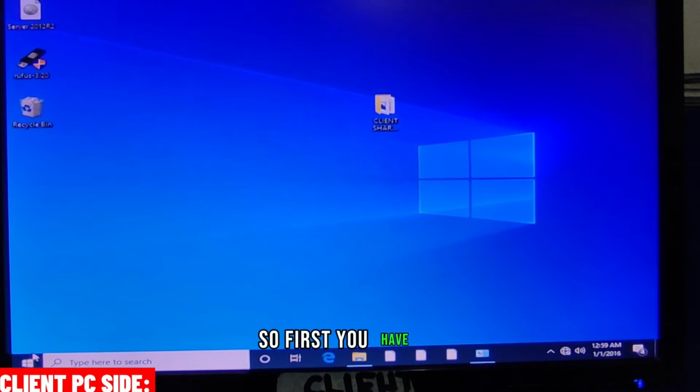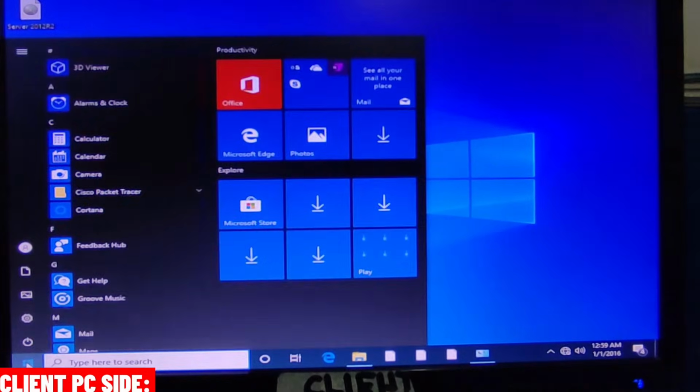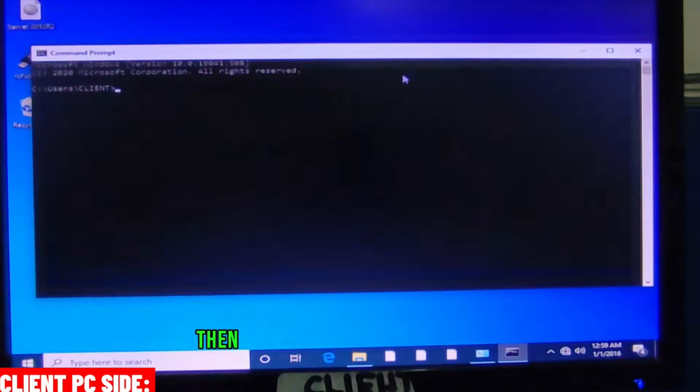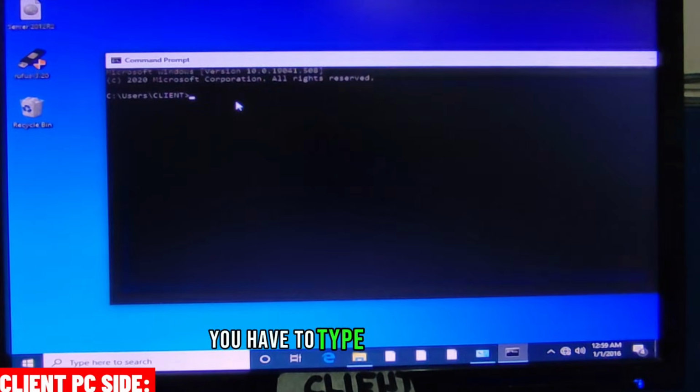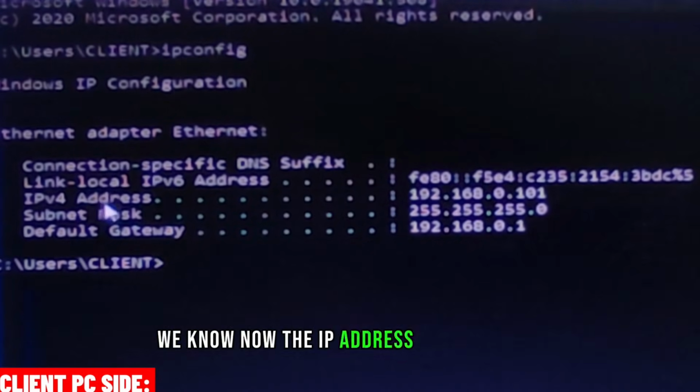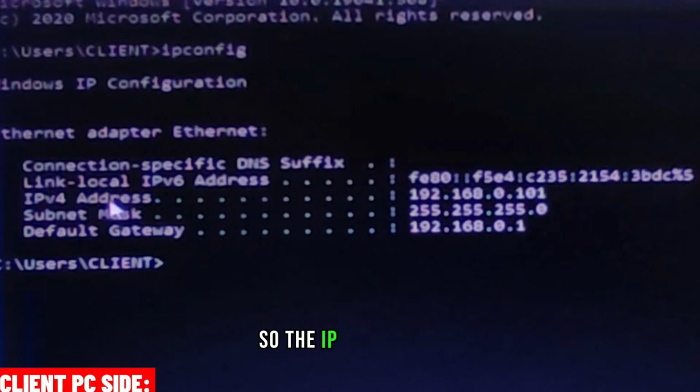So first, you have to find the CMD or the command prompt. Then here in the command prompt, you have to type this command, ipconfig. So yan. Remember that one, then enter. So we know now the IP address of this client. So the IP address of client is